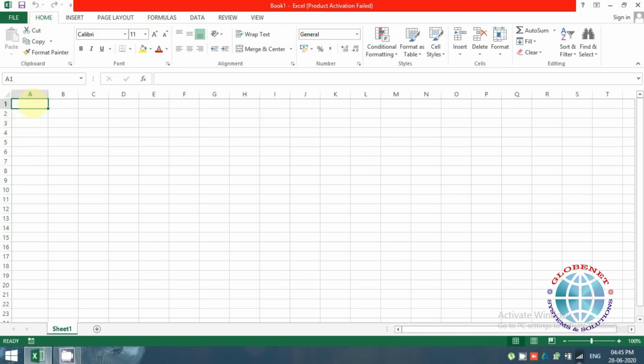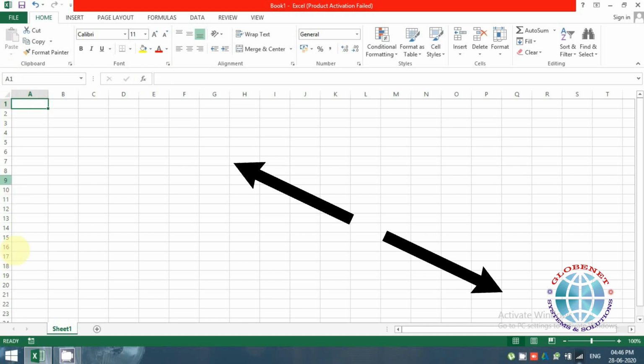If I click on a particular cell, you get to see the name box, the name of the cell, and the content of the cell is displayed over here. So for example, if I have some text over here, the content is represented in this area and the name of the cell is represented in this area. In case you have to create any formulas or functions, you have to use this to make it more dynamic. You can even use the text, but when you use text it becomes a bit static. But if you use the cell reference, it becomes a bit dynamic. We will be coming to the topic of cell reference in a further session.